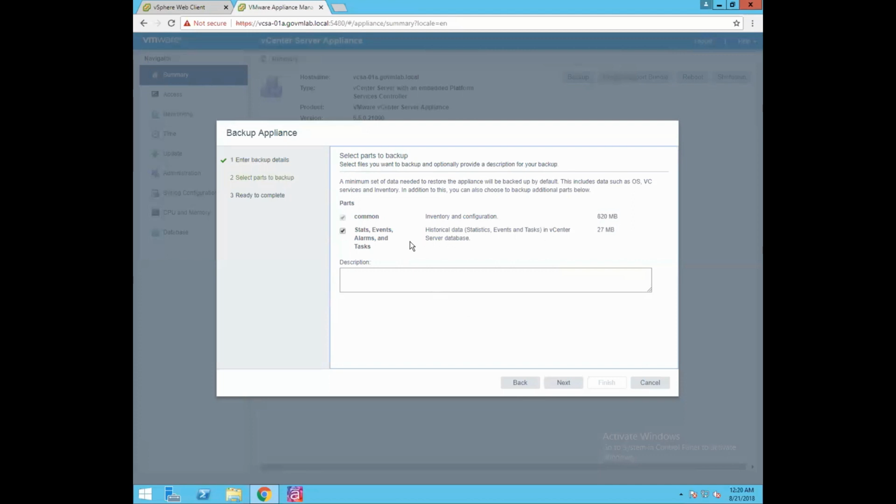It is also backing up your stats, events, alarms, and tasks, which is the historical data in your vCenter Server database, and the size of this data is 27 MB.